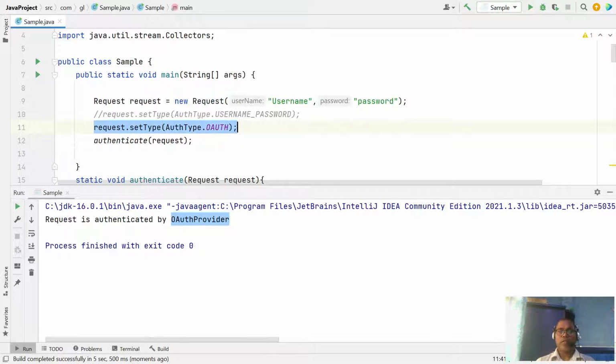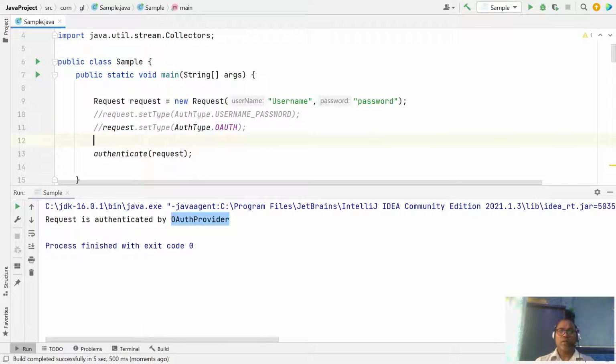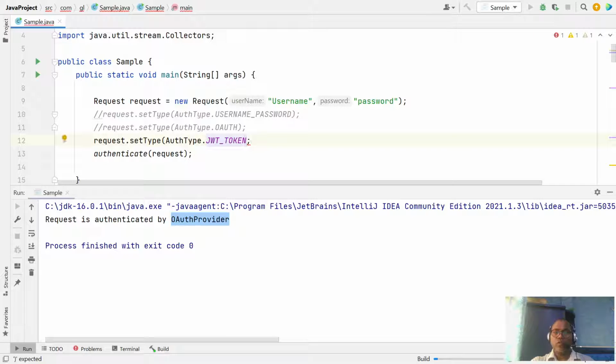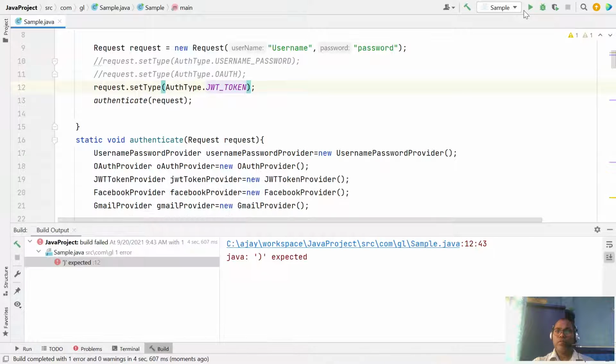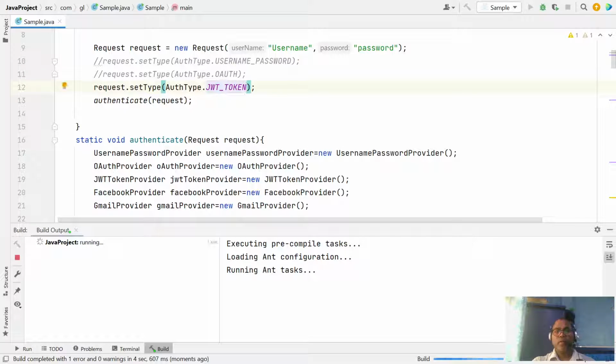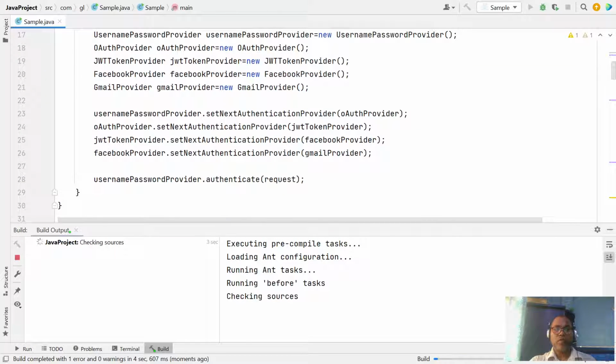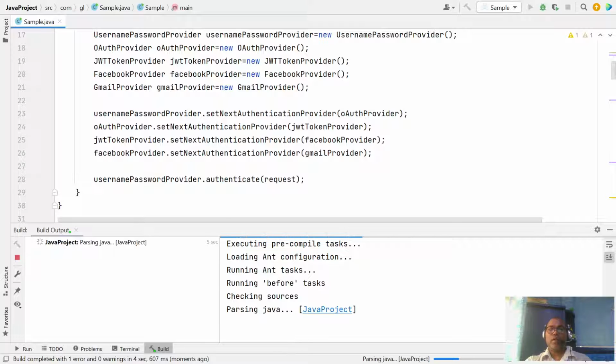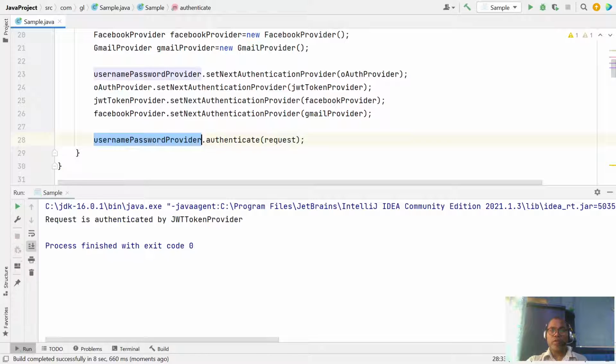Any kind of token we can check, like, I want a JWT token. Here we have only set the password. First it tries to go to user authentication. If not, then go to the next auth. Not done. JWT is done.